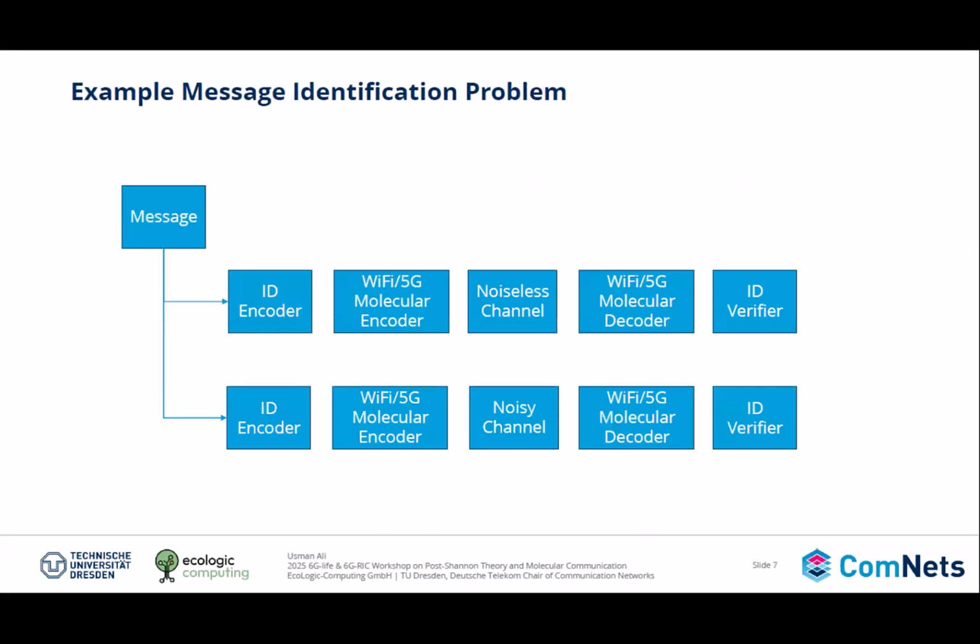The next slide shows how it might look from an integration point of view. An ID code encoder could be part of some communication chain, and it would be done at the application level, so it comes before any other encoding scheme provided by the standards, like in Wi-Fi or 5G. Then you could either send it over some noiseless channel, or assume that the encoding works perfectly, and